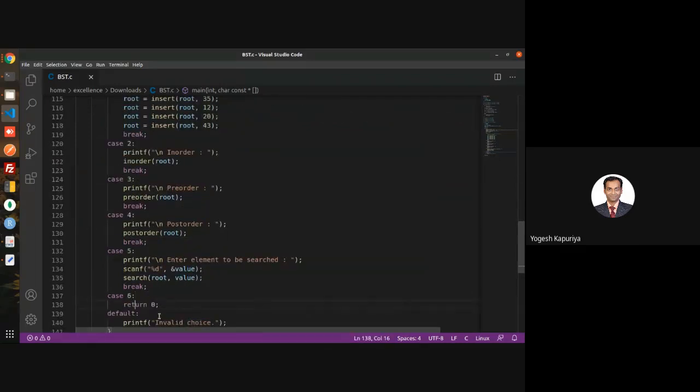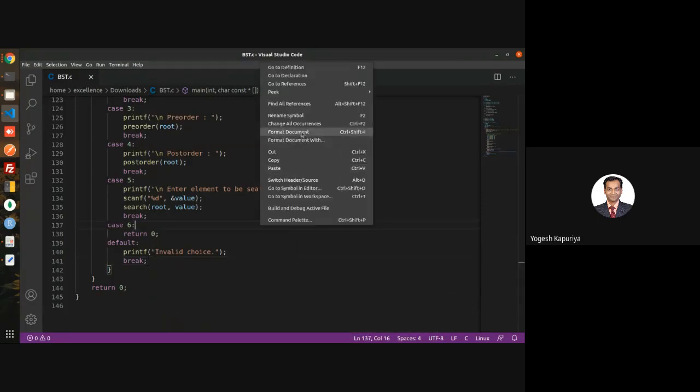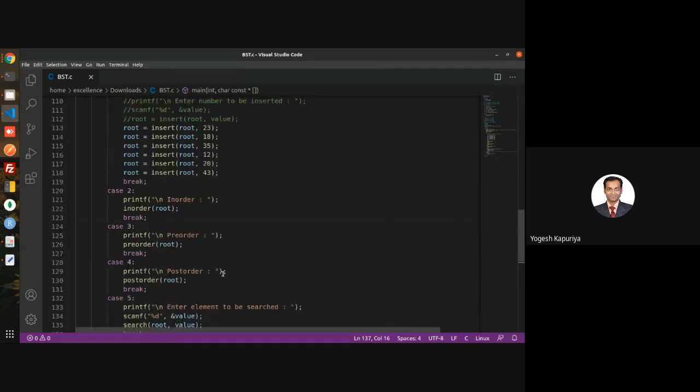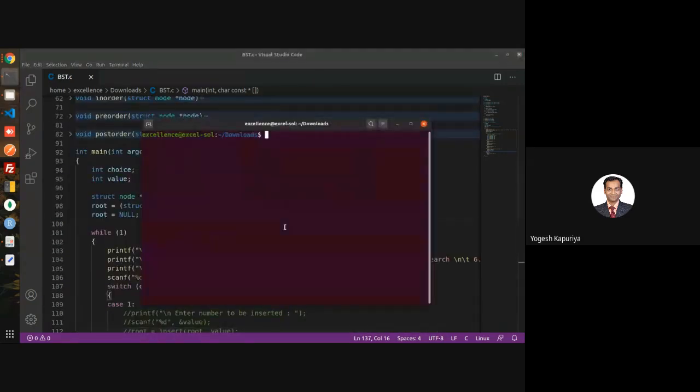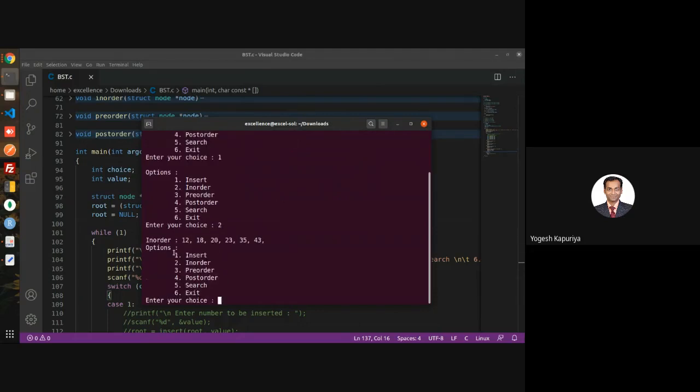Wait. So first the insert operation, that means every value has to be inserted.